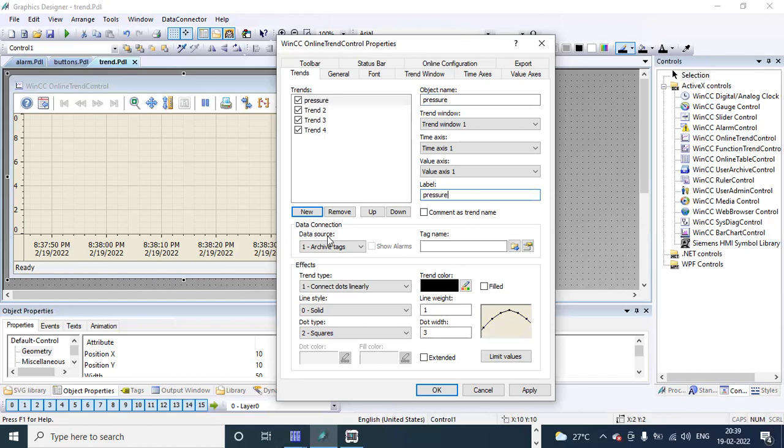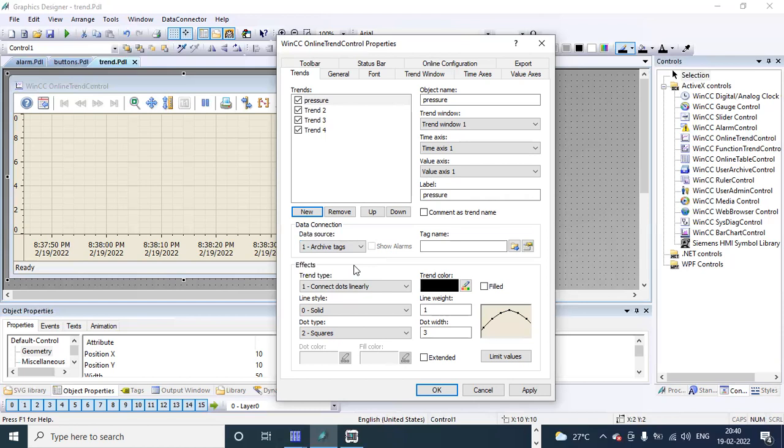Under data source, when you drop down, we are having none, archive tags, online tags. Online tags means real-time values only. You won't get any previous data. It will show you only the present status, the present graph only.